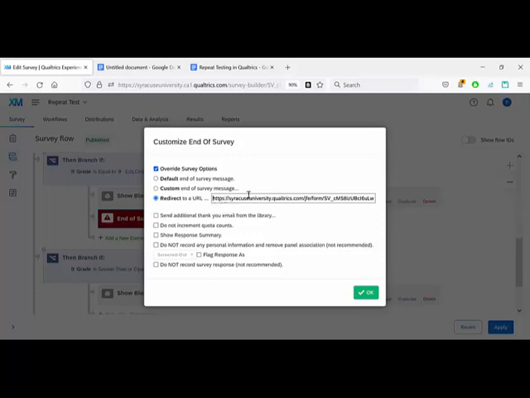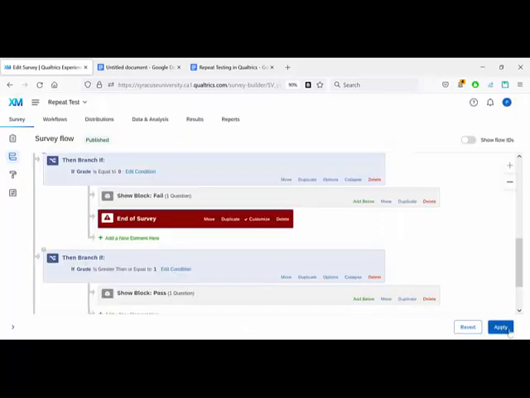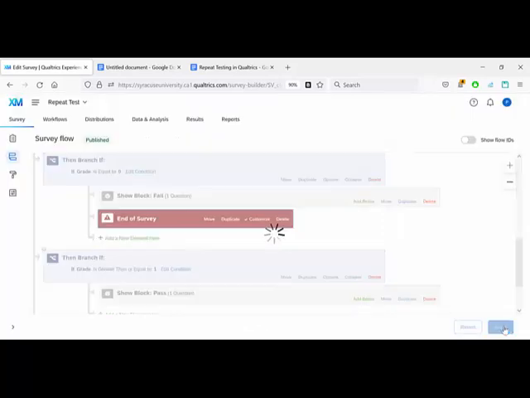Always go back in, whenever you use the redirect, and make sure that there isn't a double HTTPS in here, because of course when it goes to redirect it won't find that page and you'll be scratching your head wondering why it's not finding the page. And it's because the URL in here got messed up. So we'll go ahead and click OK, click Apply,